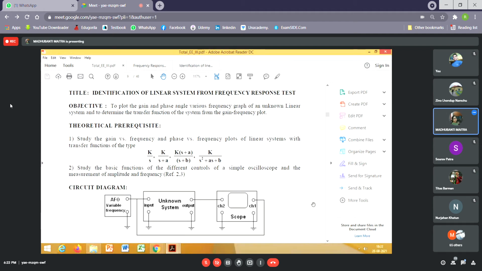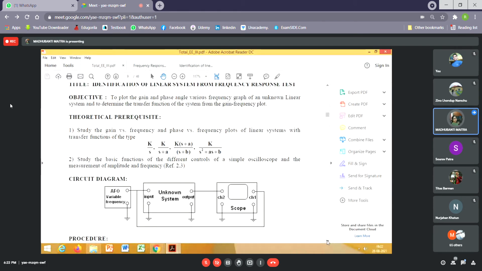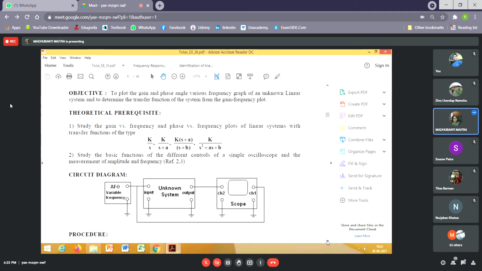Now, since you have to prepare a report, please note down your assignments. Clearly note down your assignments, which should be there in your report, and the report has to be submitted within 7 days. So the first assignment is to plot the gain versus frequency and phase versus frequency plots of the following linear systems given in your instruction sheet. And the systems are